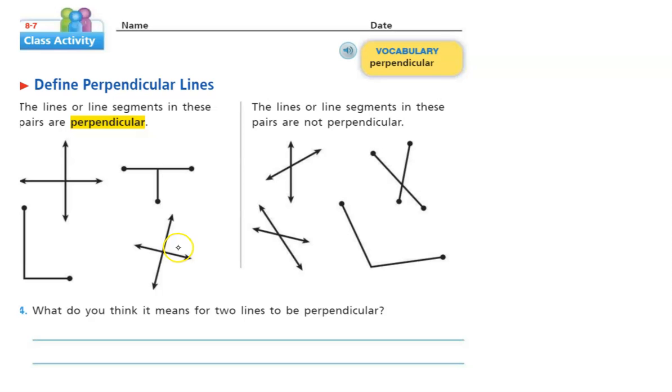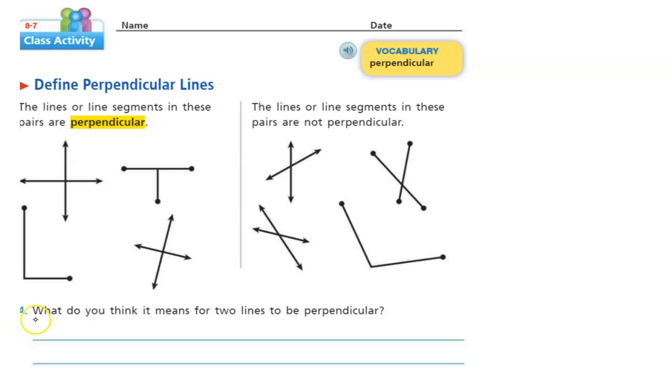This one seems a little more tilted. But then over here, I notice that these are a little bit more slanted, and this is a little more slanted. So I think I'm already starting to notice, there's something very specific about perpendicular lines, and that is that they are making a perfect kind of like a plus sign, you could say. And I know what that means, so I'm going to have you guys write down the exact definition again here